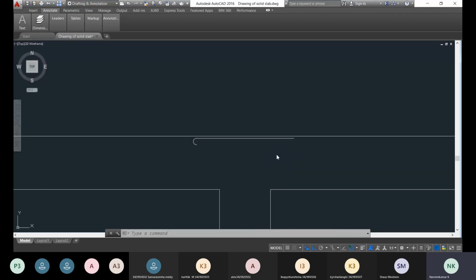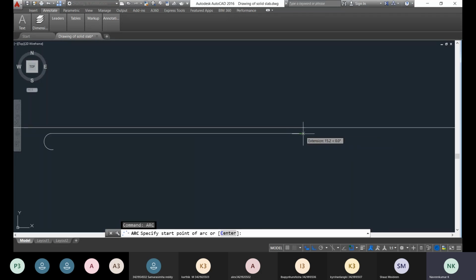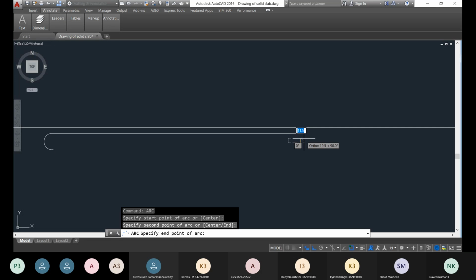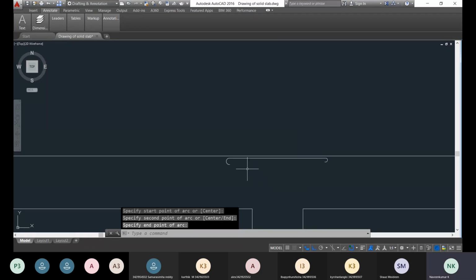Again you repeat the command arc. This is the starting point and this is the end point. You provide the hook. So this is the way.